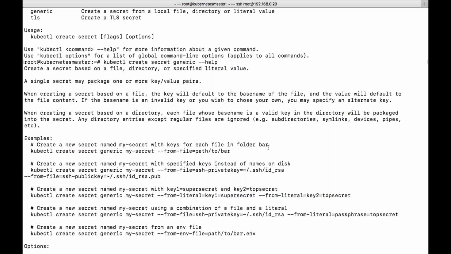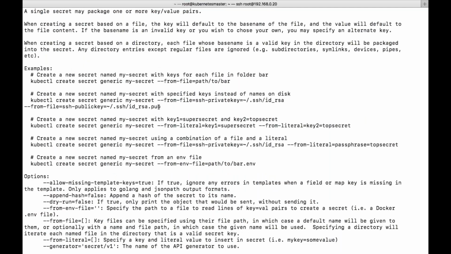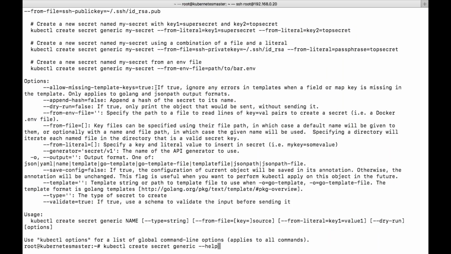So here you can see the examples of how they are trying to protect this particular data. Okay, so let's try to do that from file. See, for config map also we are using the same parameter, right? Just here it will be replaced with config map and here it is the same from-file equal to the location of the file: sensitive-data.txt.